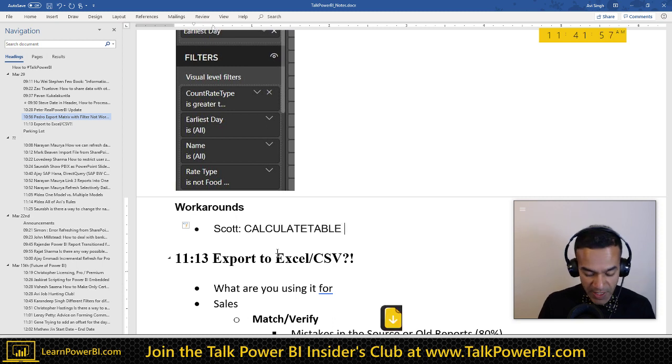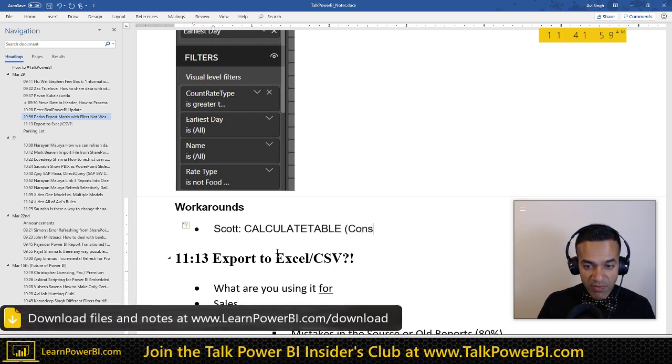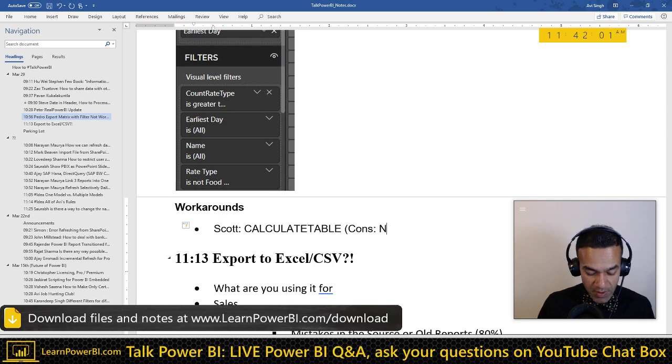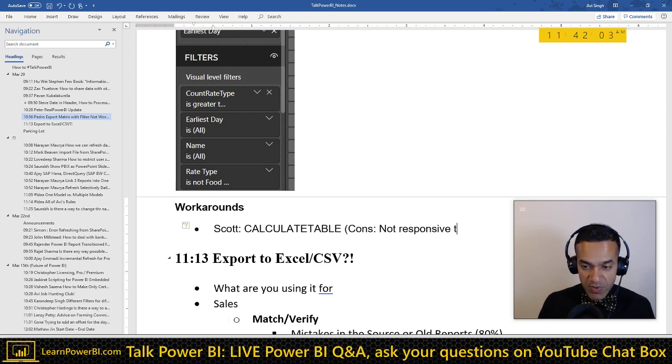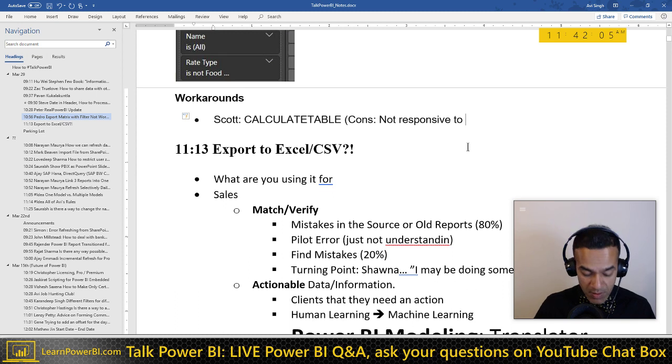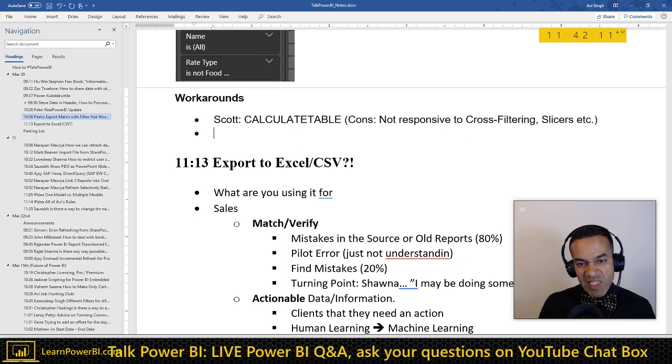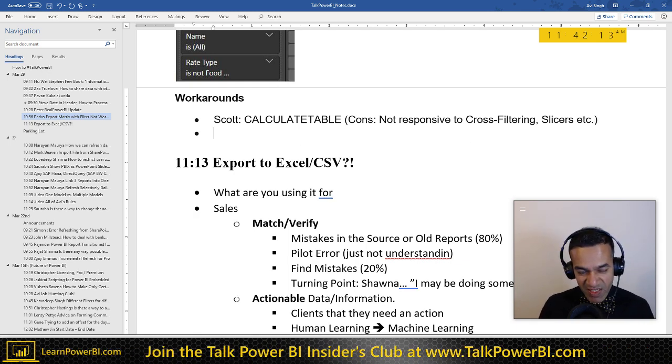It's a powerful technique, but the disadvantage is that it's not responsive to cross filtering, slicers, etc. And I think in my mind that's usually a severe disadvantage, but that's fine.